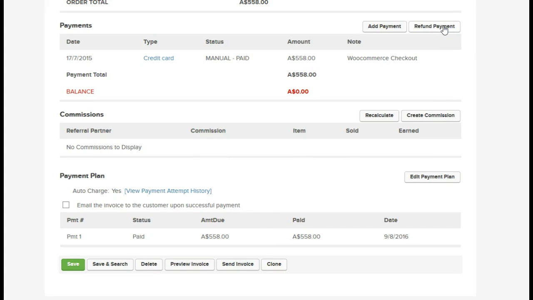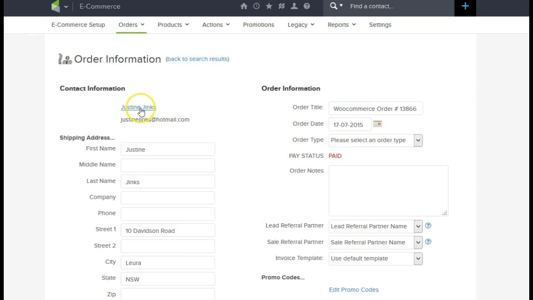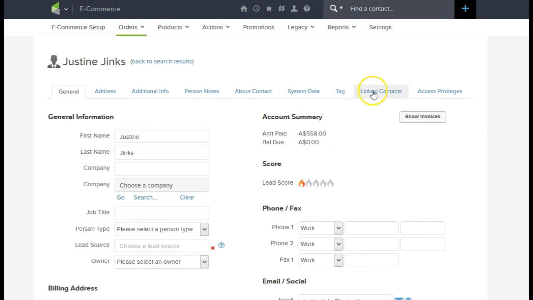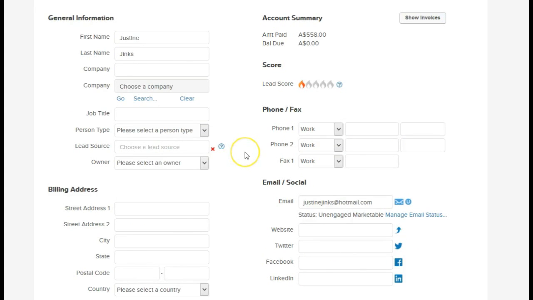You have to manually refund PayPal, and then here you have to do what is called a manual refund, in order to keep the information correct inside Infusionsoft. So now that we know about the orders, I want to show you, being in the CRM part of Infusionsoft,